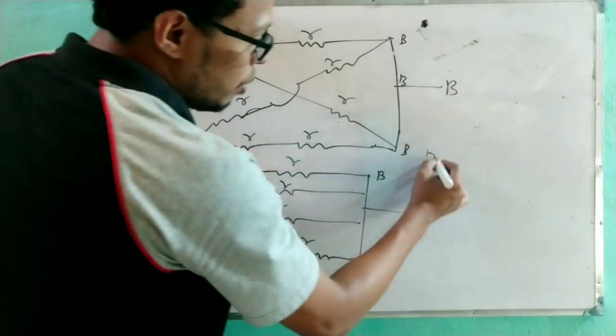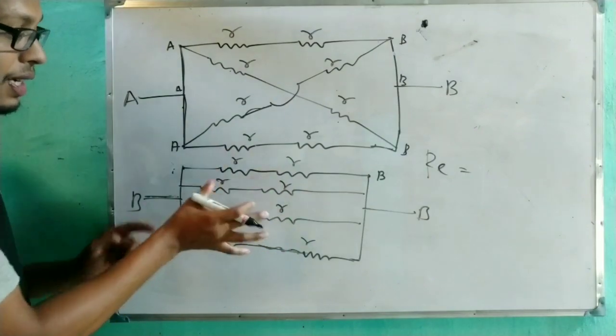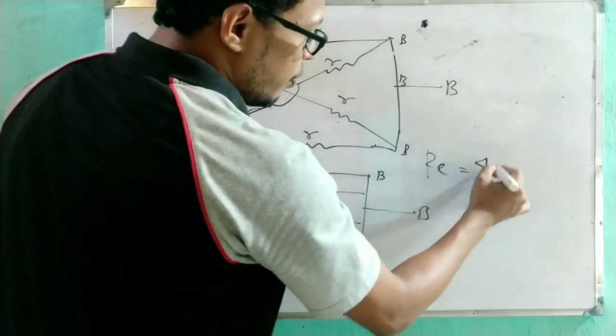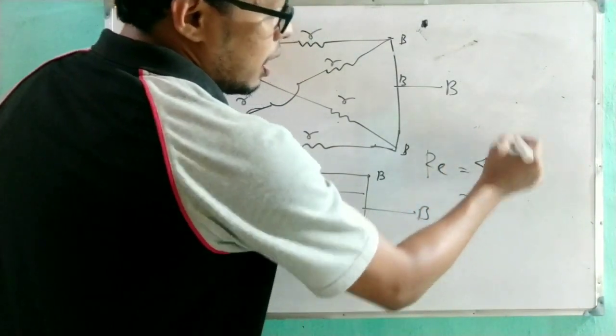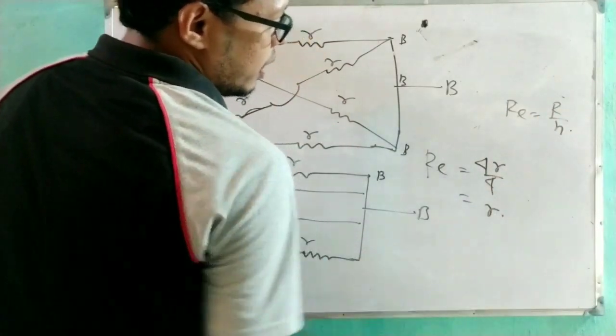And the net will be how much? The shortcut I told, here these four 2R are connected in parallel, so this will be 2R divided by 4, R equivalent equals R by N, so 4R by 4, this will be only R. Okay,